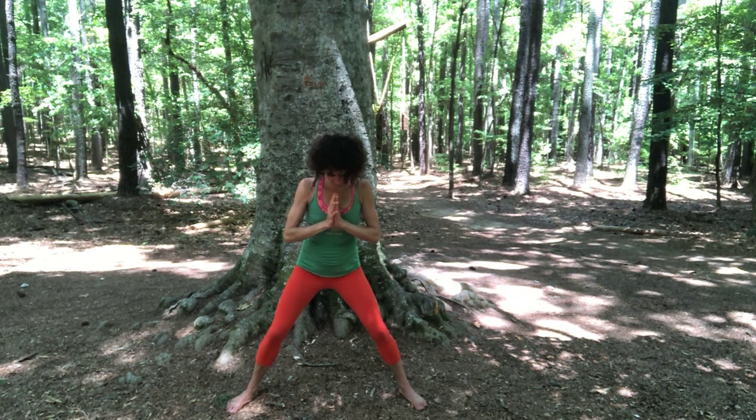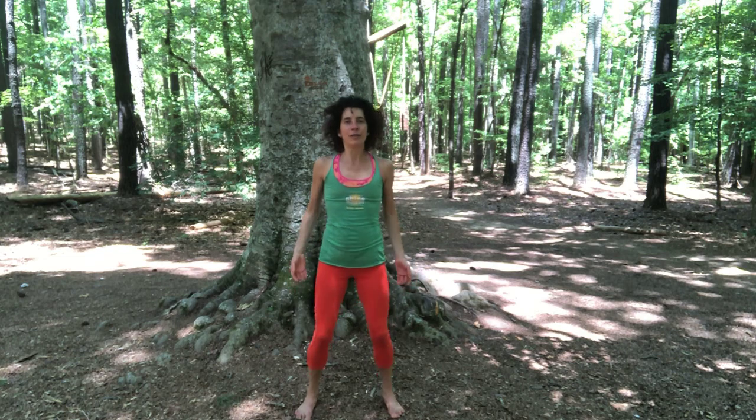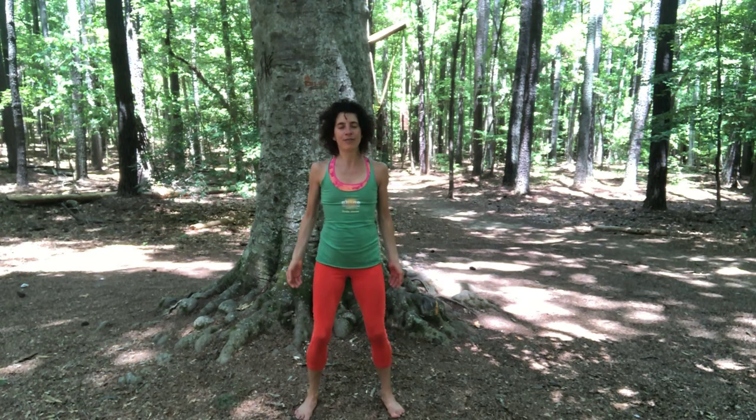Yes. Step the feet a little bit closer, about shoulder width apart. And let's shake the tree, all right? So we're gonna bounce, releasing tension down to the earth, offloading that toxic energy down to the earth. Let's inhale through the nose, and we'll go through the 6 healing sounds to renew all of your internal organs. So starting with the lungs, inhale through the nose, and the sound is